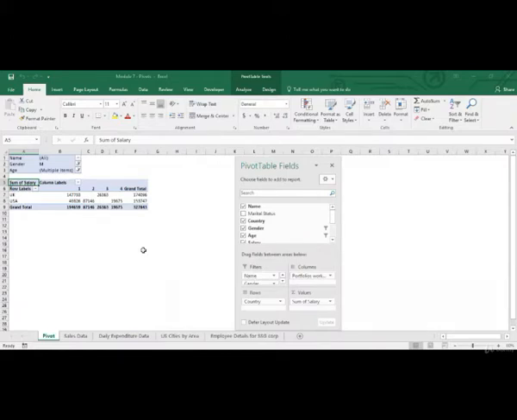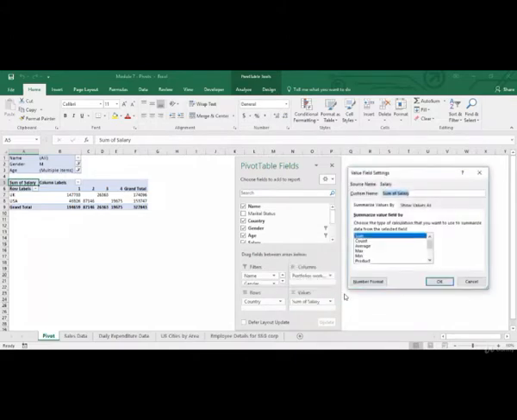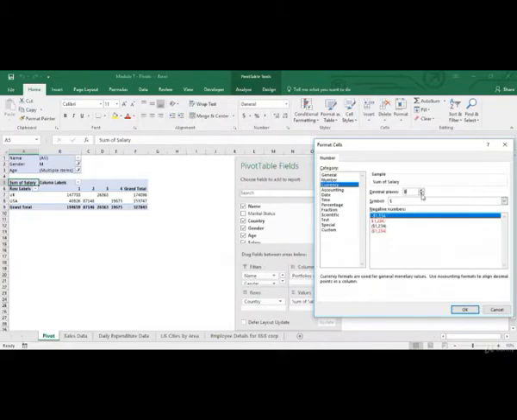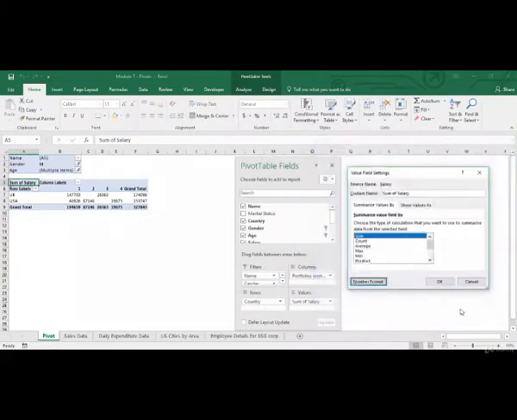So now let's look at the formatting of the values. Over here I've got these salaries, but I want a currency sign in front of them. Because I want to format the values, which is salary over here, I'll click on this drop down and I'll get this pop-up. I'll click on value field settings. This particular prompt will appear. I'll click on number format, and we've already gone through this type of format cells dialog box. So I'll click on currency and then I'll click on OK.